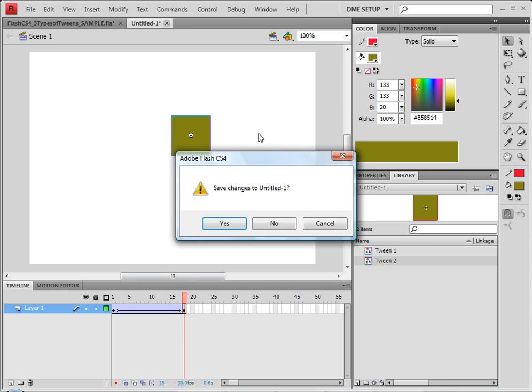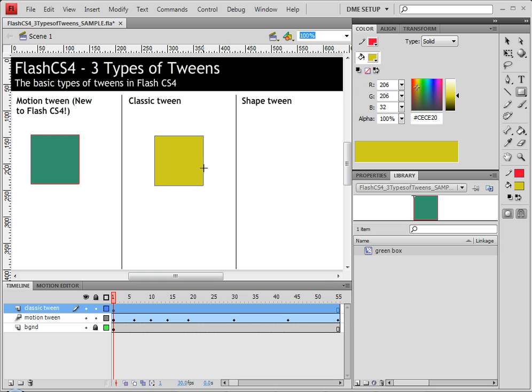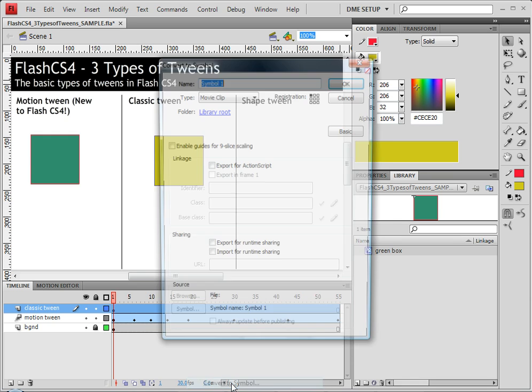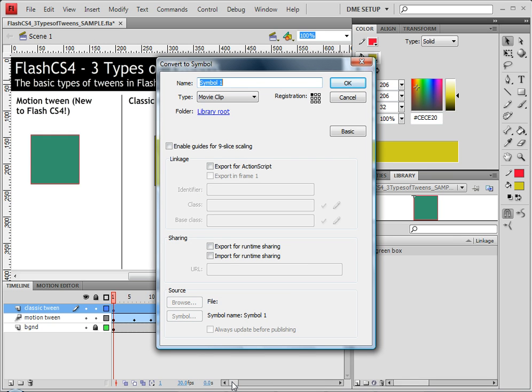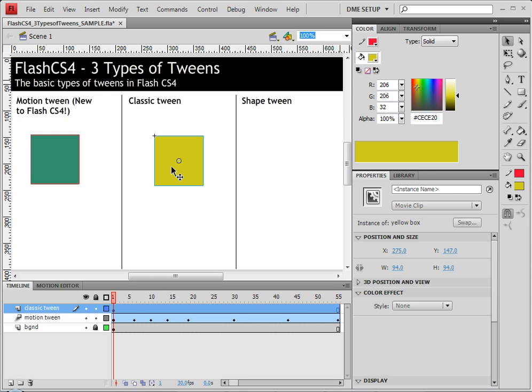So the point of this is that you always want to make sure that you create your symbol before you create any new keyframes. So I'm going to create this yellow square box here, and I'm going to convert this to a symbol before I do anything else. So right click on it and choose convert to symbol, or drag to your library, and this will be my yellow box. Now it has a symbol in the library, and that's very, very important